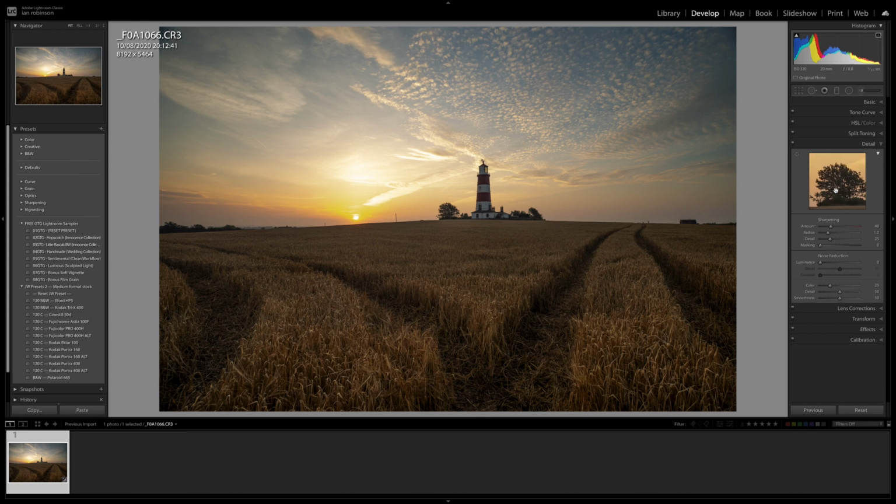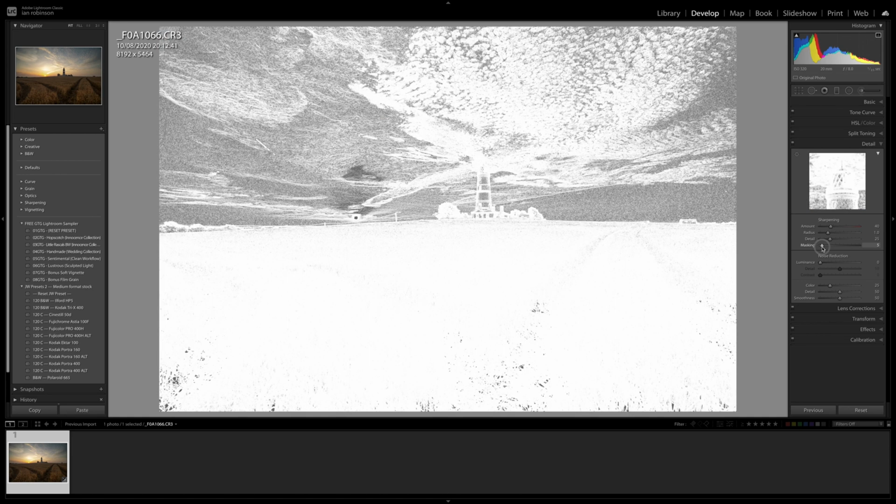Now the detail we don't go too mad with, okay? There is plenty of sharpness in that already. It's already been sharpened naturally by Lightroom. Lightroom tends to do 40% sharpening. And what I tend to do, here's a little trick for you, press Option and then click on masking and